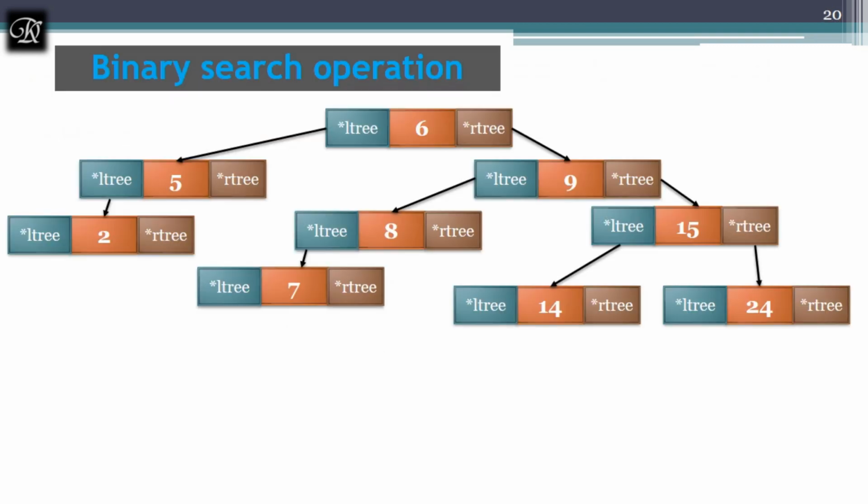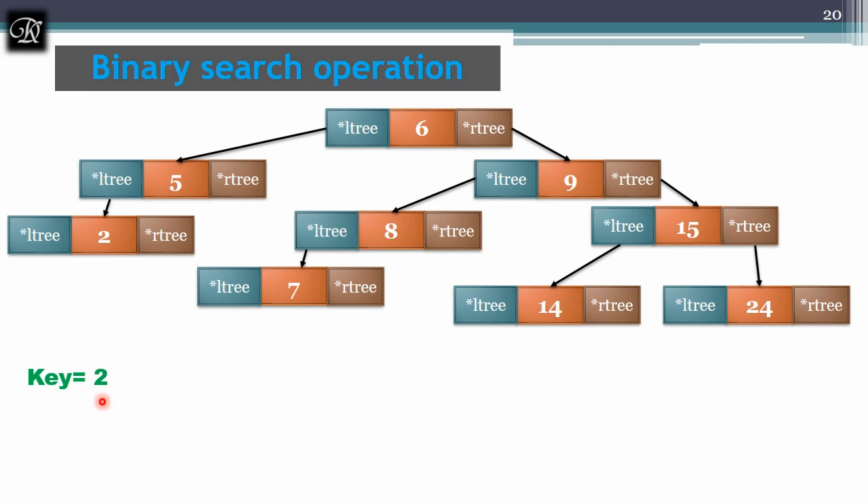Let's see the binary search operation on the given tree. When you are performing a search operation, you need one more input called the key element. Let's search for the key element 2. How does it work? The binary search algorithm works on the basis of mid, as we have seen. Here mid is nothing but the root. There is no divide by 2 concept over here. First we will target the root.